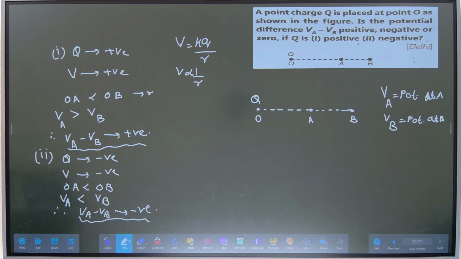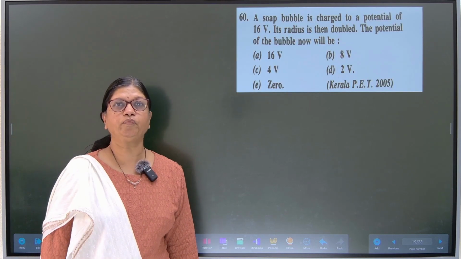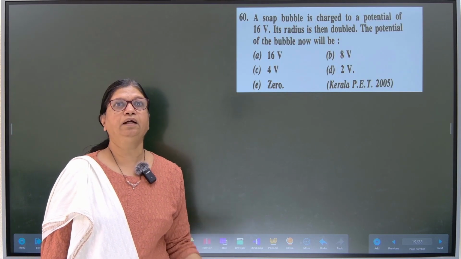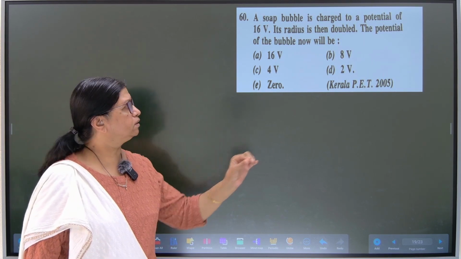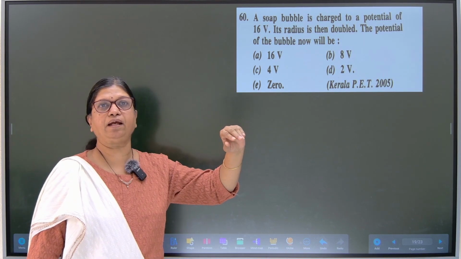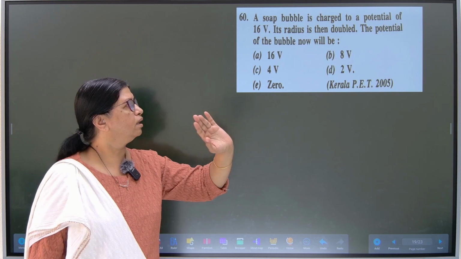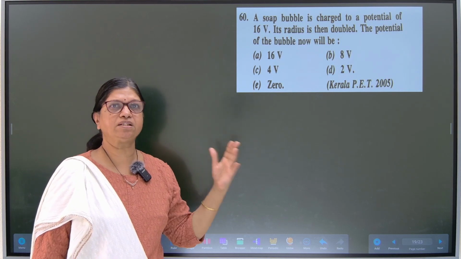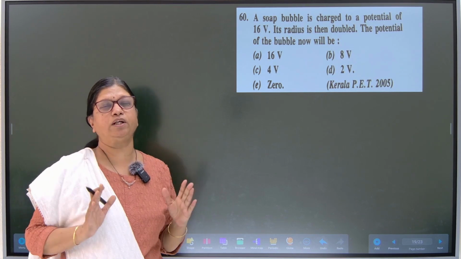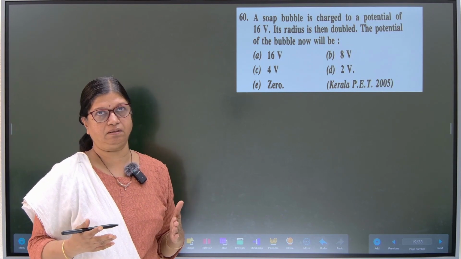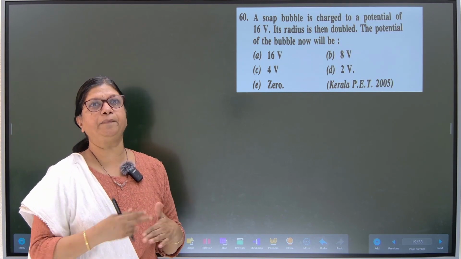This is a board question and it is a regular question of entrance also. Now moving to a new numerical, let us understand this numerical which is formula based. You can see it was asked in the Kerala pre-entrance test in the year 2005. Such questions can be asked in any entrance test which are quick, but you have to understand it according to the comparison, division. Okay, compare and divide.